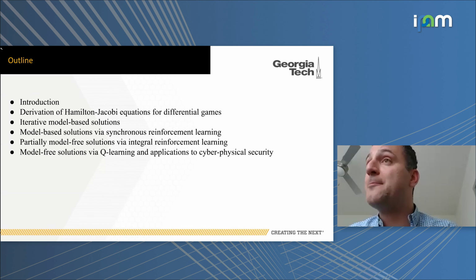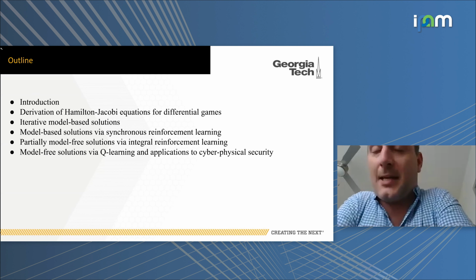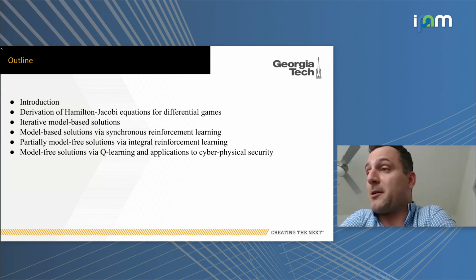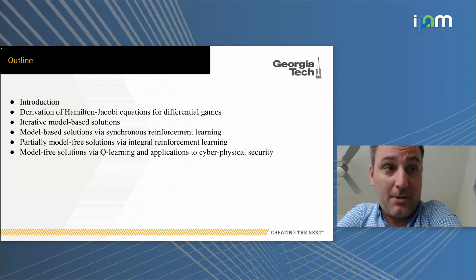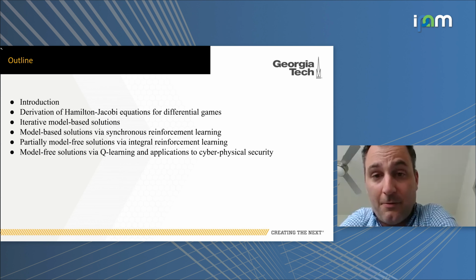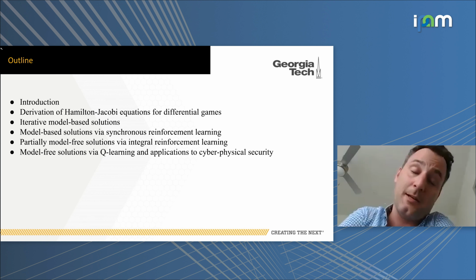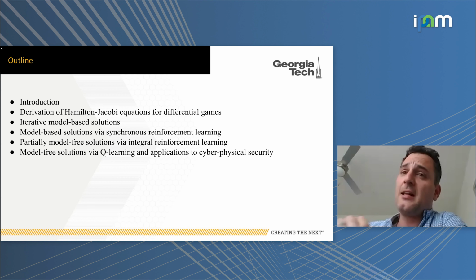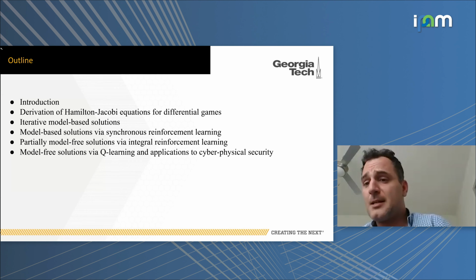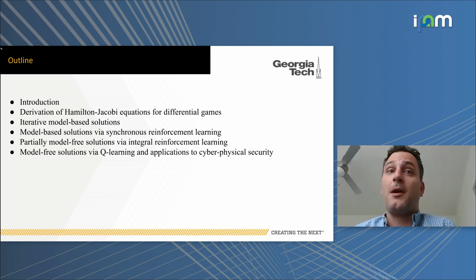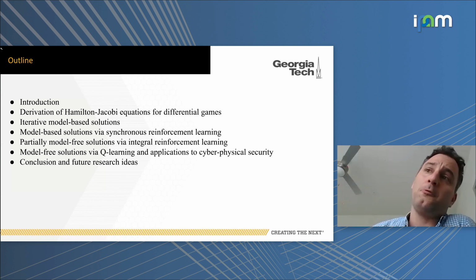Of course, one very famous algorithm is the algorithm by Watkins. But this was developed mostly for Markov decision processes in discrete time and space. Everything that I will talk about evolves in continuous time: they are continuous-time systems, and all the actions are continuous, and the state is continuous. And finally, I will show what happens when you have erroneous actuator data in your Q-learning framework. And then, of course, I will conclude the talk with future work.